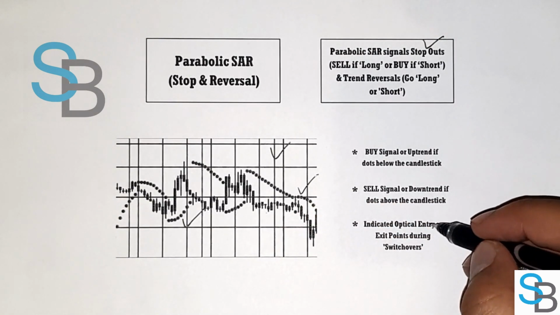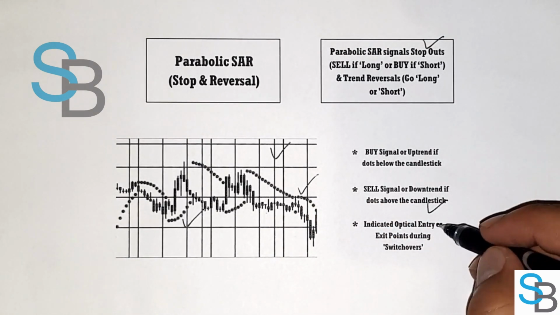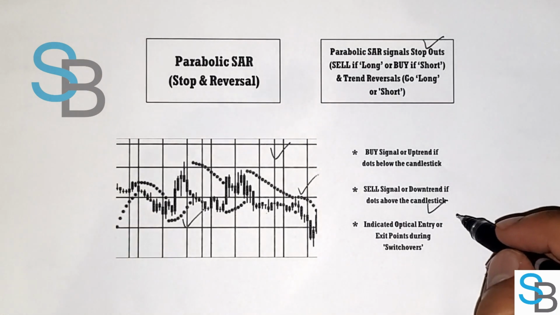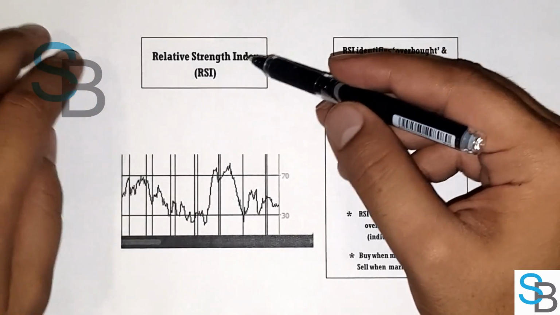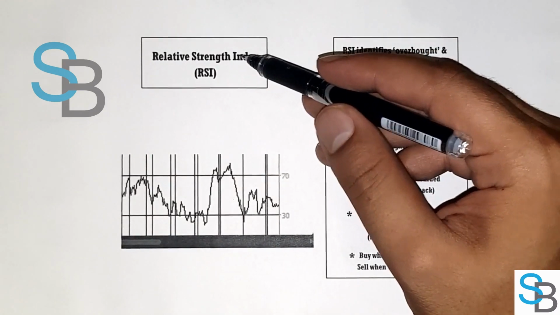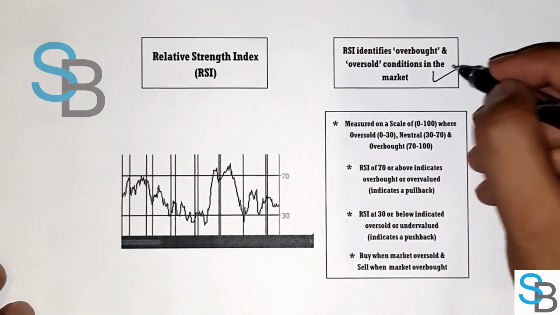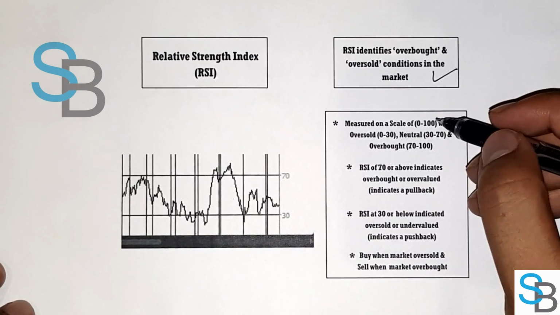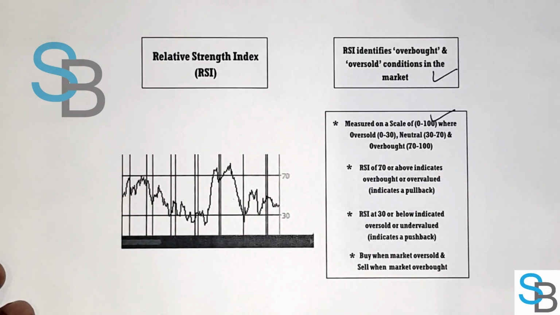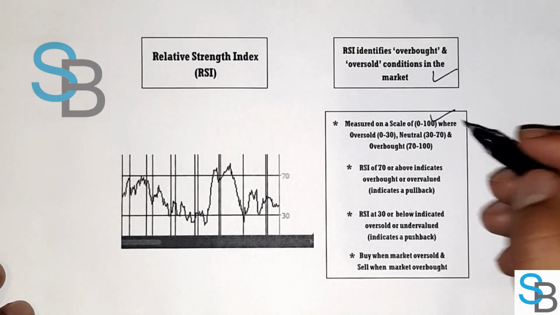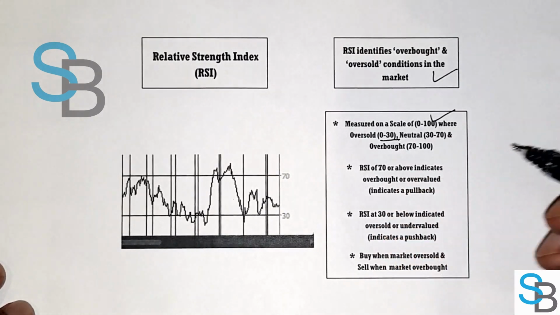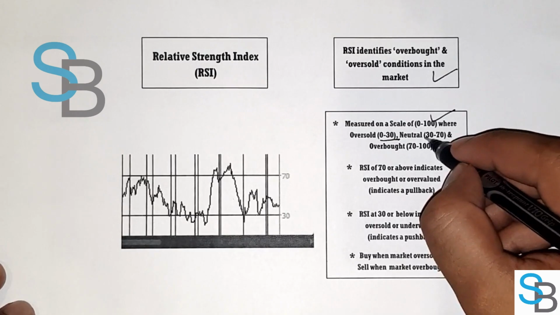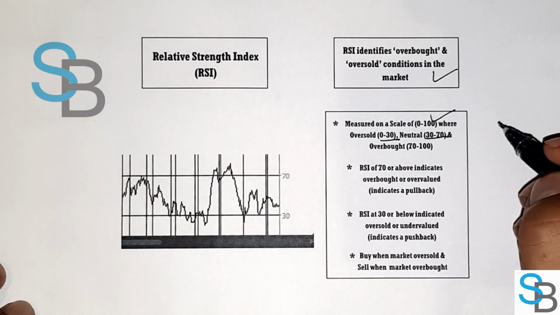Parabolic SAR indicates the optimal entry or exit points in the market. The Relative Strength Index, or RSI, identifies when the market is overbought or oversold. It's measured on a scale from 0 to 100. The market is oversold from 0 to 30, neutral from 30 to 70, and overbought from